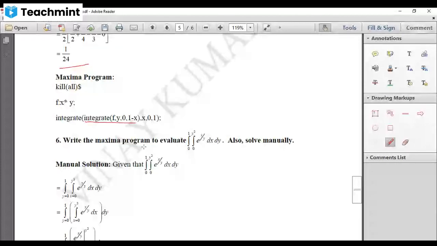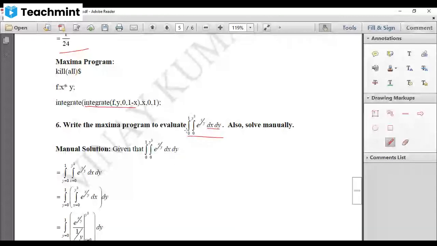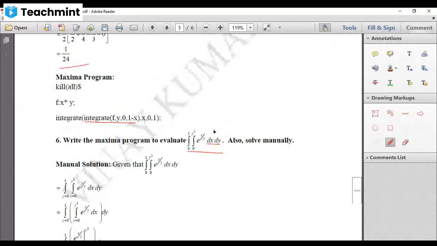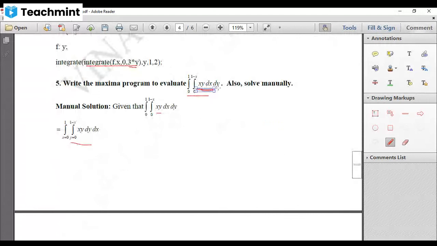Let us see one more example. Now here, though it is dx into dy, you have to see the limit. What is the limit? The limit contains 0 to y here. That means this will be a limit for x. So x varies from 0 to y square and y varies from 0 to 1. Because it is dx, we don't have any problem. No need to interchange.